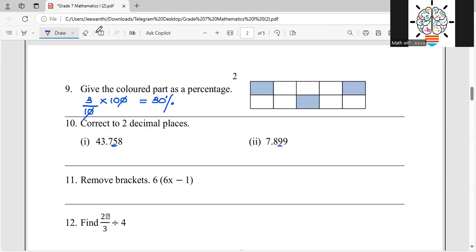Okay. After underlining the second decimal place, I'm looking at the next number. So when you look at the next number, it is 8. If it is 5 or more than 5, we need to add 1. To where we need to add 1? To the underlined number, right? Here, after 5, I have 8. It is a number more than 5. Therefore, I want to add 1. 1 to where? To underlined number 5. Therefore, this becomes that